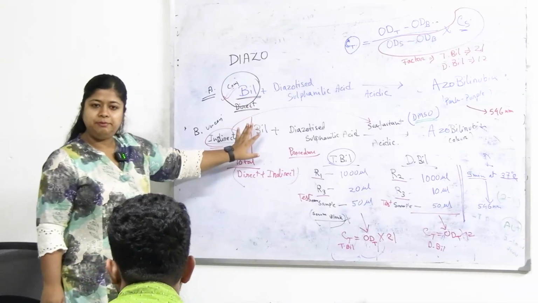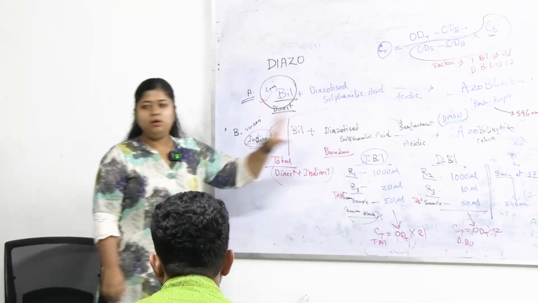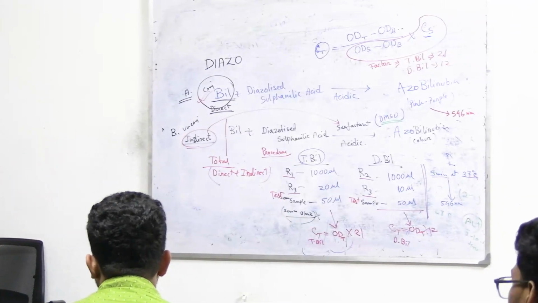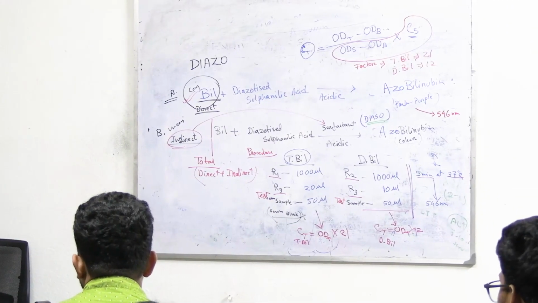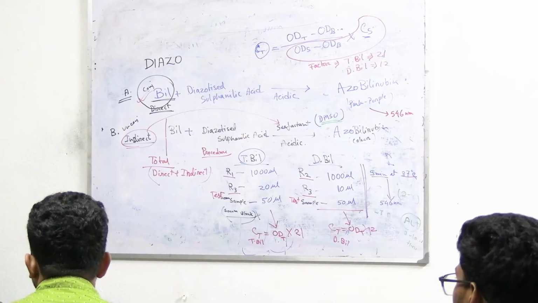Now from the reaction of total bilirubin estimation, what are the compounds we need in a reagent? For total bilirubin estimation, the bilirubin comes from the sample serum or test sample. Everything else is required in the reagent. So what compounds do we need in the reagent? First of all, diazo compound. Second, surfactant and acidic medium, acidic buffer.